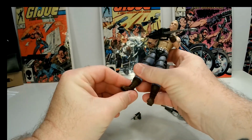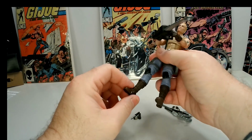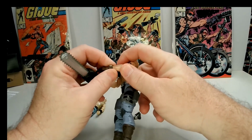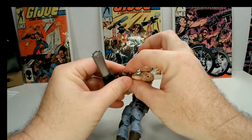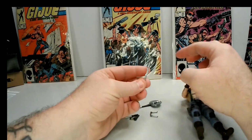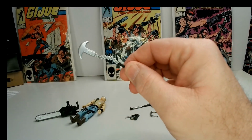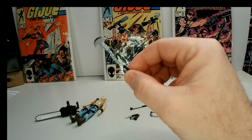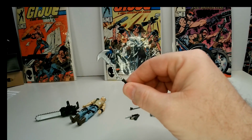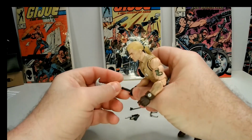His standard articulation. I would have liked to see some more paint apps here on the straps, but I'm not going to fuss much over that. His watch, I don't think, is removable. So there's his saw. Let's take a look at his other stuff that he's got. So I like this. This is an update on the original chain and sickle that he came with. Practicality wise, using this in person, you're probably going to wind up sending yourself to the ER. But we're talking about toys and action figures, so